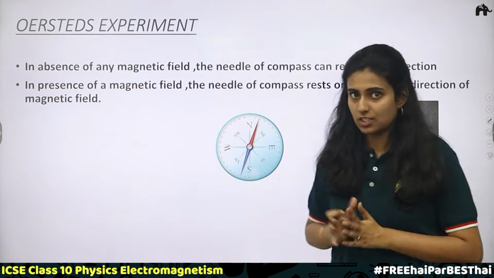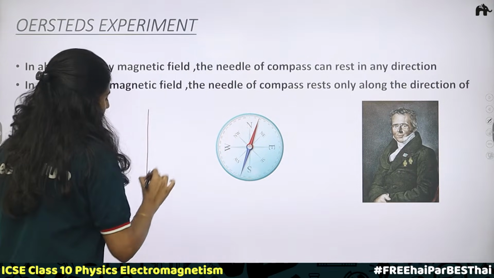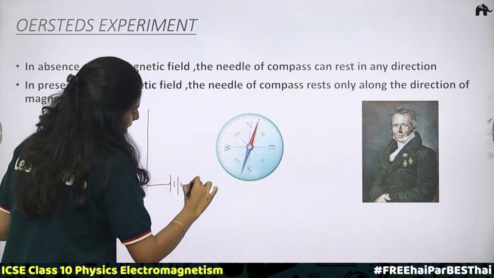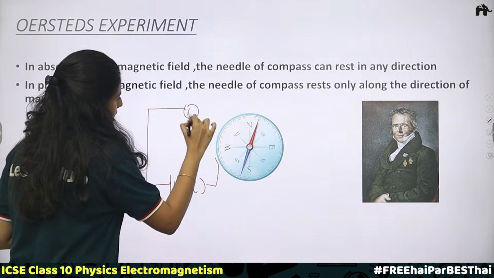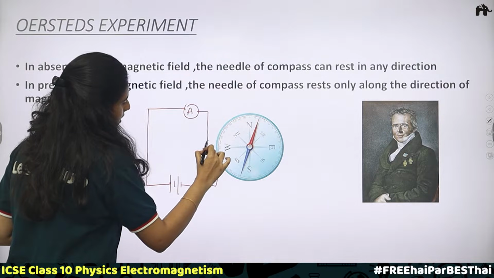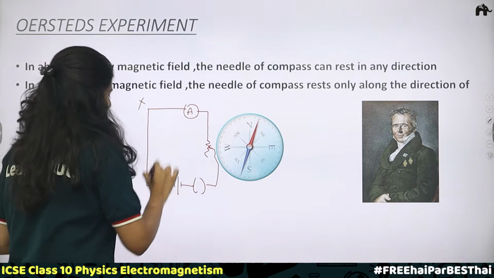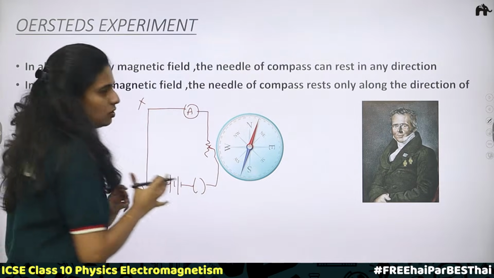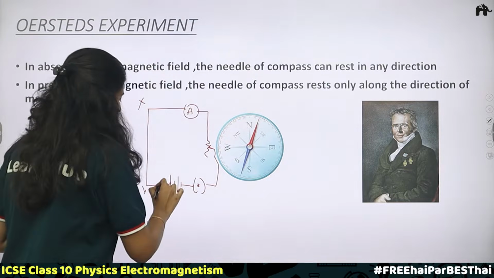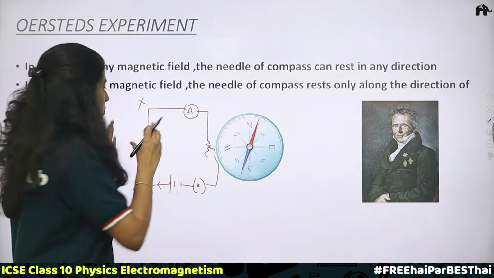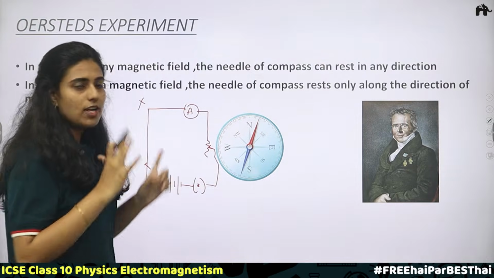This was his observation. Here, what he had done was, he took a wire which was connected to a battery, then a key, a meter and a rheostat. So this is his wire XY. This XY wire is connected to all this. When the key is plugged in, what happens? Electricity starts flowing through it. Due to this flow of current through this conducting wire,